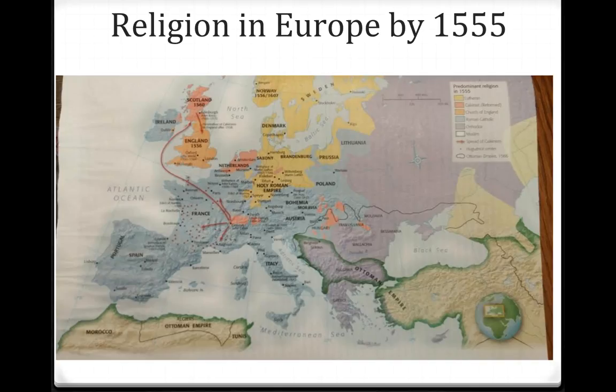So this is a map of religion in Europe by 1555. The Lutheran religion spreads throughout the Holy Roman Empire and up into the Scandinavian countries. Very nice. We have the Calvinists. They're actually kind of limited. Right here, we have the Church of England, ironically enough. Oh, wait, who saw that coming? Only in England. We have the Roman Catholic Church, which for the most part is the majority of Europe at this time period. And then Orthodox in Greece going on into Russia.